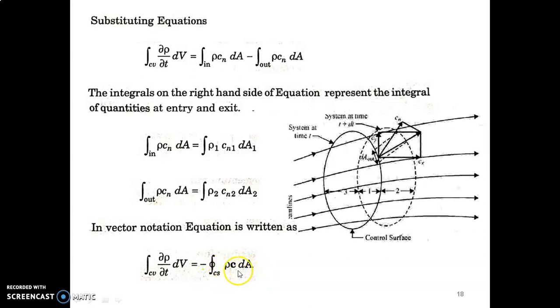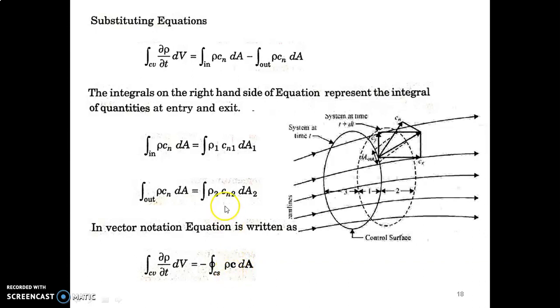An important thing to notice here is the notation for the velocity. Fluid velocity is represented as small c. In previous subjects like fluid mechanics, we used a small v for the fluid velocity. Here we cannot use a small v, because in compressible fluid flow, small v is always specific volume. So we have taken small c for representing our fluid flow velocity, and from now on, small c will always be the fluid flow velocity.